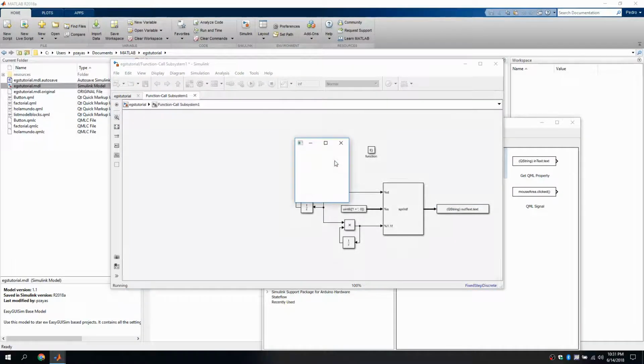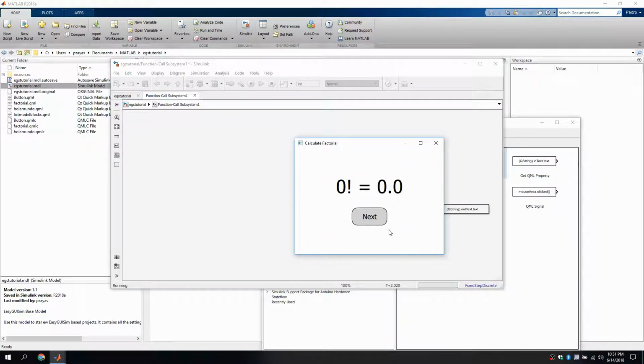Once everything is correct, we try the simulation and we see that we get the output we expected.